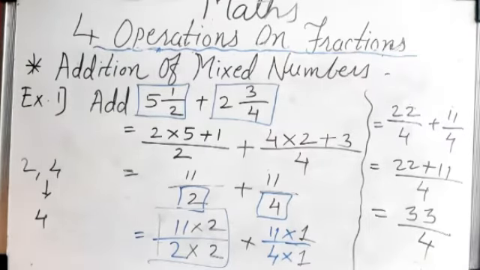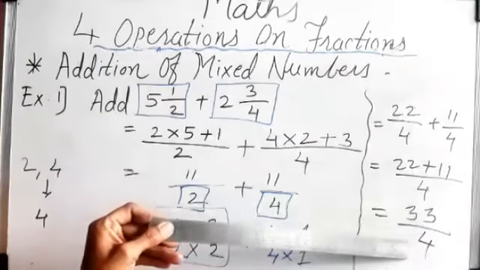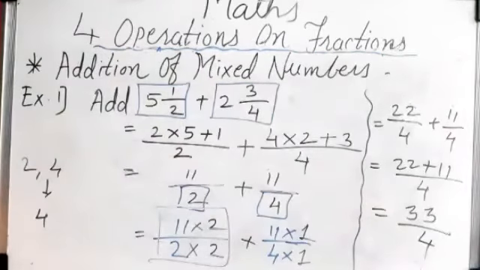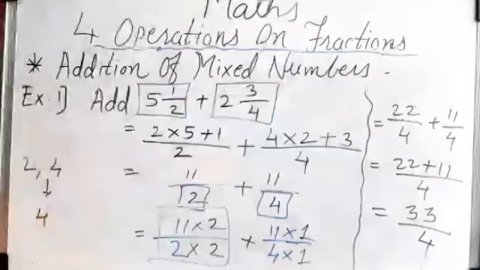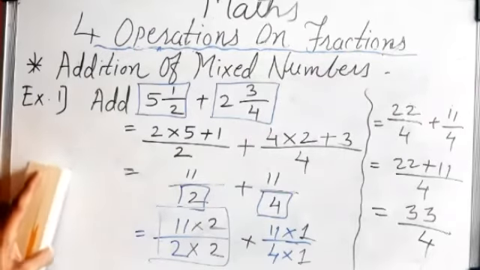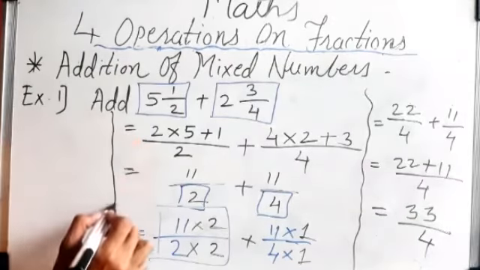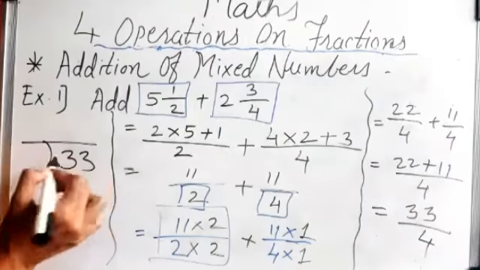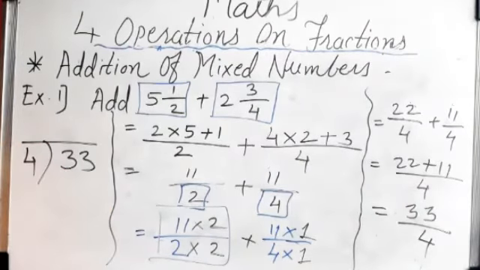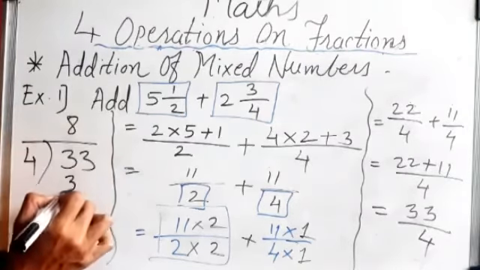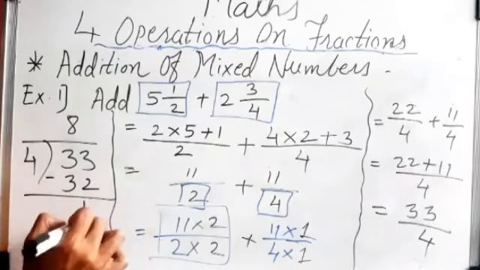So this answer came in, your numerator is greater, that means it is an improper fraction. Here the numerator is greater than the denominator, that means it is an improper fraction. If you want, you can convert this answer again into a mixed number. So how to convert? 33 upon 4 means 33 divided by 4. So what answer will come? 33 divided by 4. 4 8s are 32. 33 minus 32, 1.